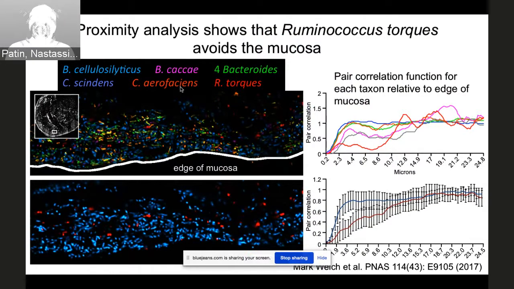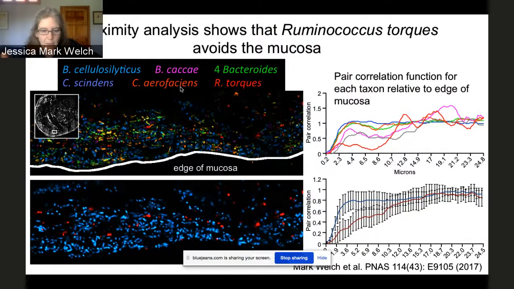Yeah, people have done that, again by sequencing, compared species to what's in the lumen of the gut and what's in the mucosa of the gut in various model systems. I'm not sure. In principle, you might be able to do it in humans also with biopsies. So in my view of it, which is not really the majority view,